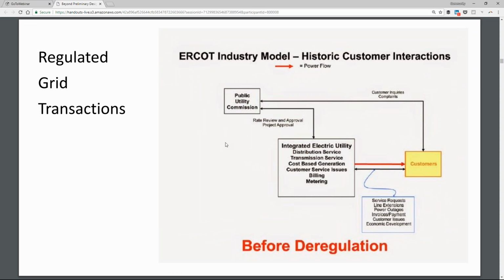So let's talk about grid regulation. This is a regulated grid. Regulated grid structures are simple. Basically they say, okay,